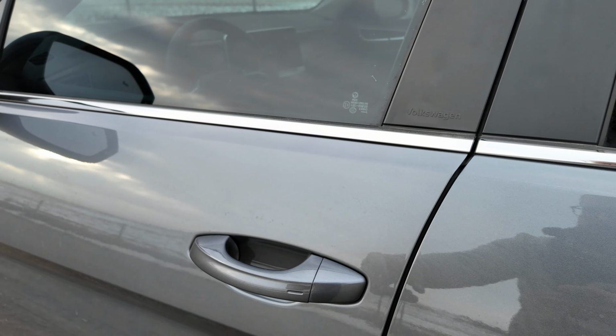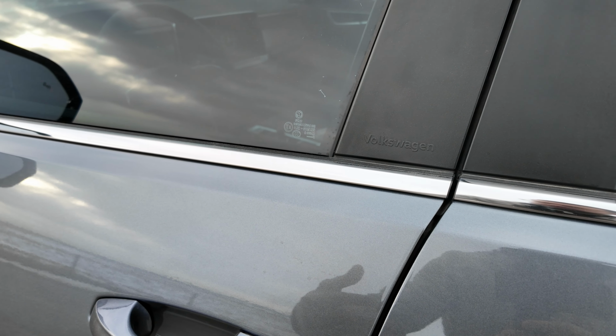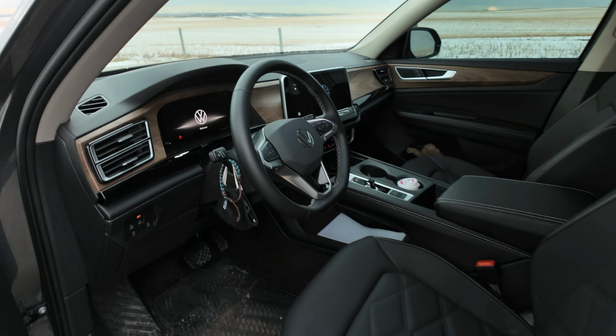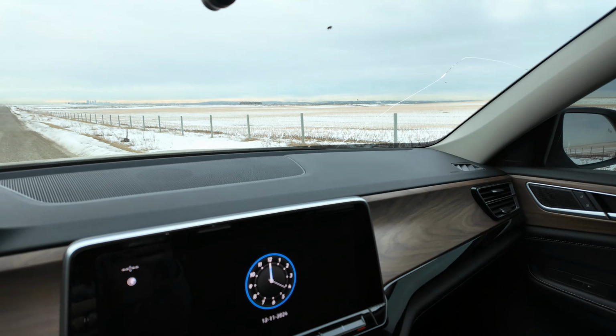It does have keyless entry as well, so as long as the fob's in your pocket, it has proximity sensors, so as you get close, the doors will unlock. What I don't like is you would think that would automatically lock, but it does not do that as well. So when you exit the vehicle, you actually have to physically press your fob, which in my opinion is kind of crazy. You would think if it has proximity entry that it would actually have proximity lock as well, but you physically have to take your key fob here and actually hit the lock button, which is kind of crazy